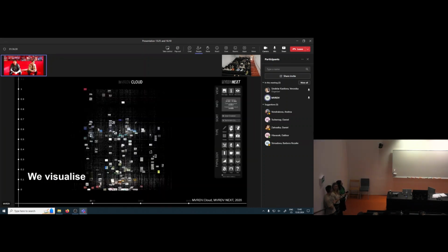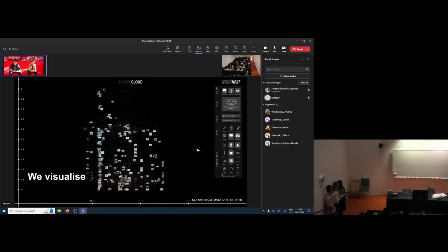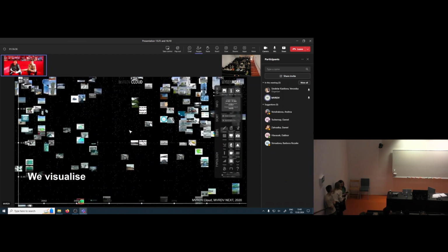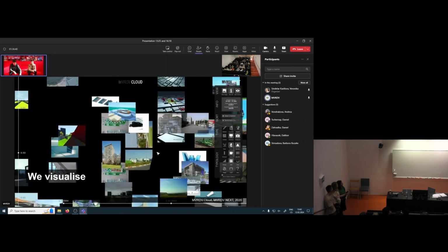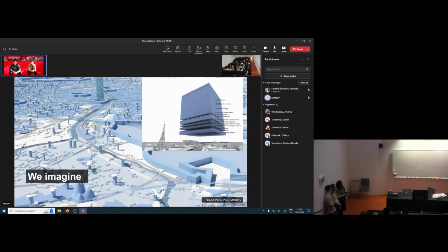We will visualize and come up with new forms of engaging visual narratives that can communicate all this research to experts as well as, I guess, the general public. We will imagine on top of that, we'll create a world of multiple worlds, ideas of a future Prague. And again, one of the key questions is probably how can that be communicated? How can that become immersive, suggestive, and how can we visualize this dream?